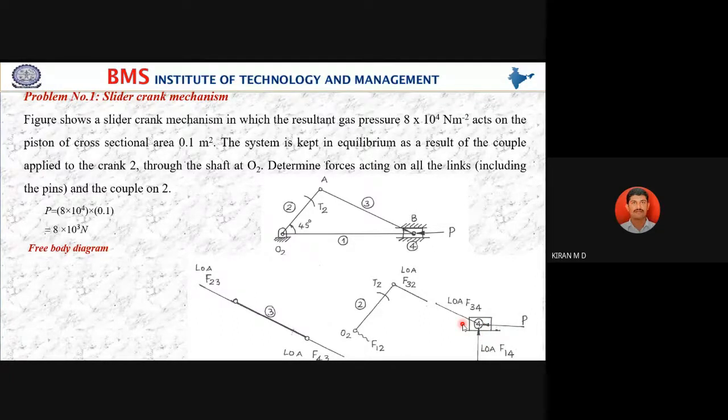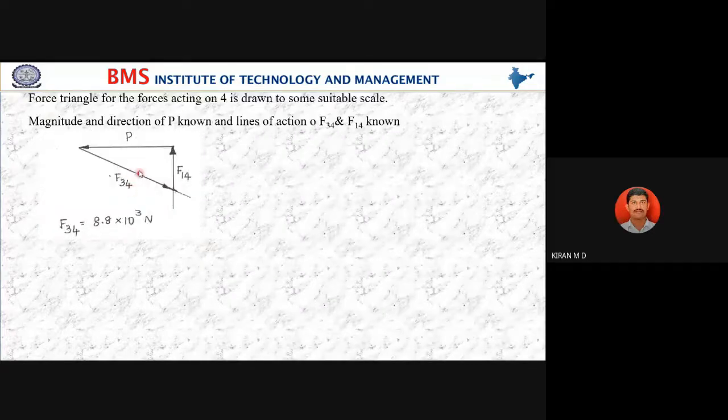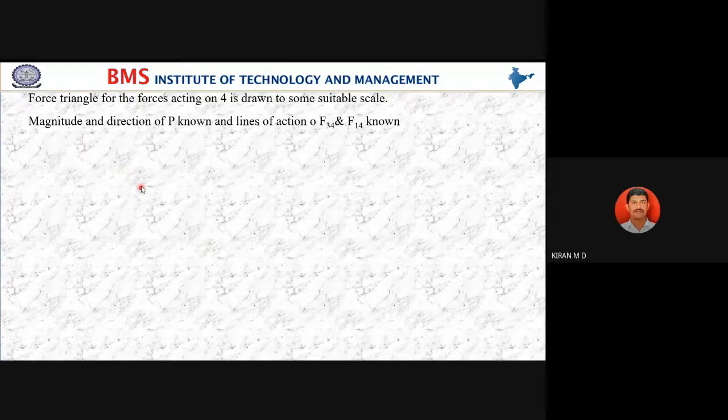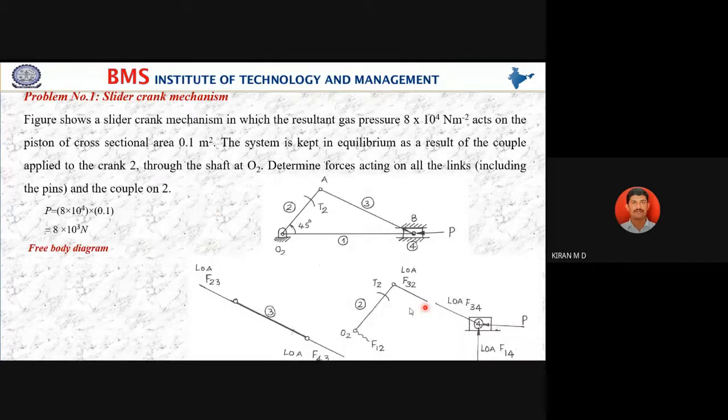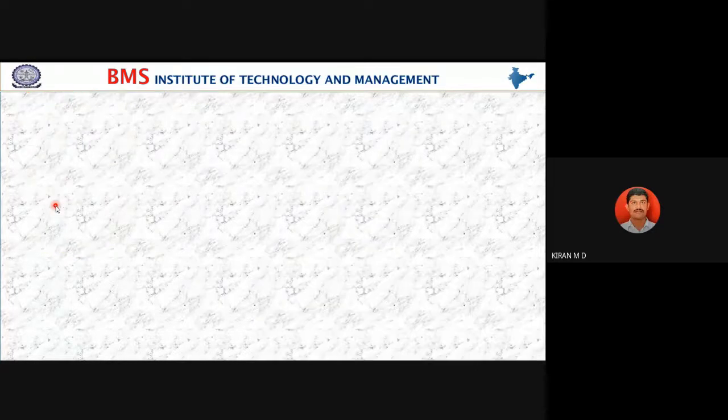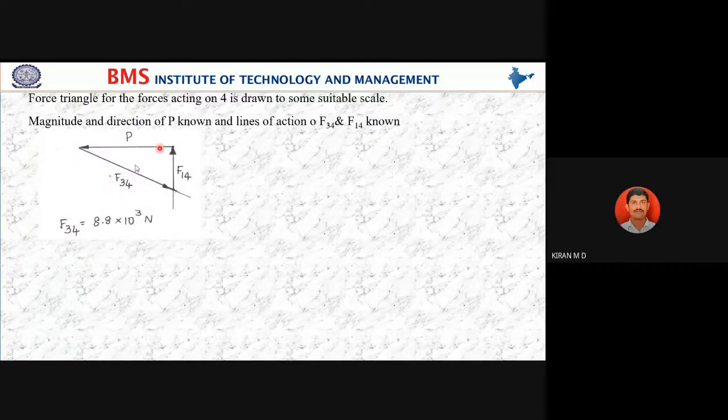Okay, so now see here, very easy. You know the 8 kilonewton in which direction? Horizontal direction. Correct? In horizontal direction, you know that it is acting towards left. I will assume 1 kilonewton is equal to 1 mm, so it will become 8 mm. You just assume any scale. So I will draw towards left.